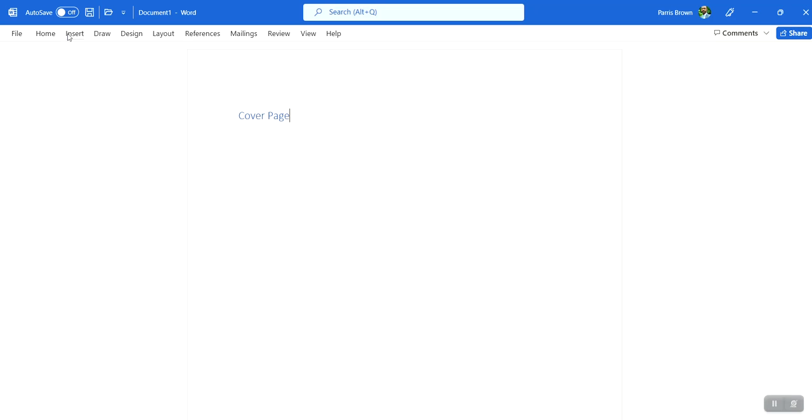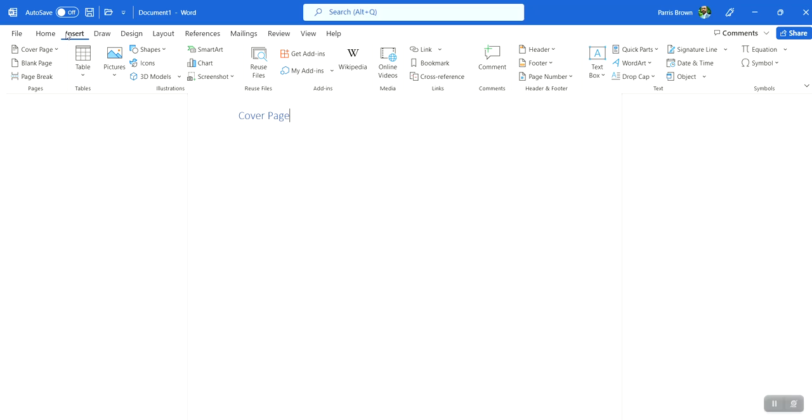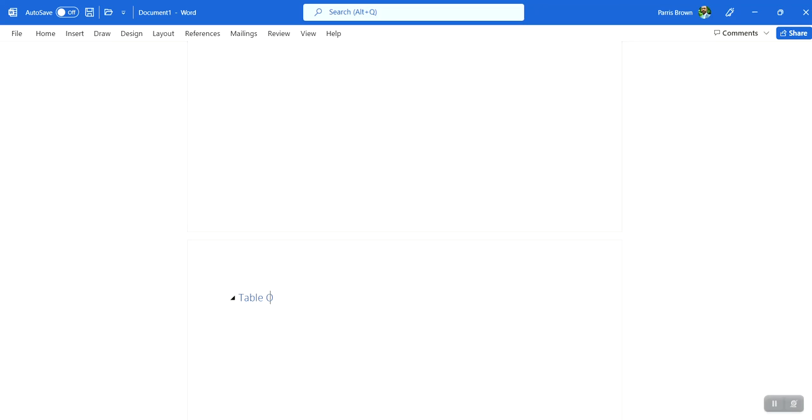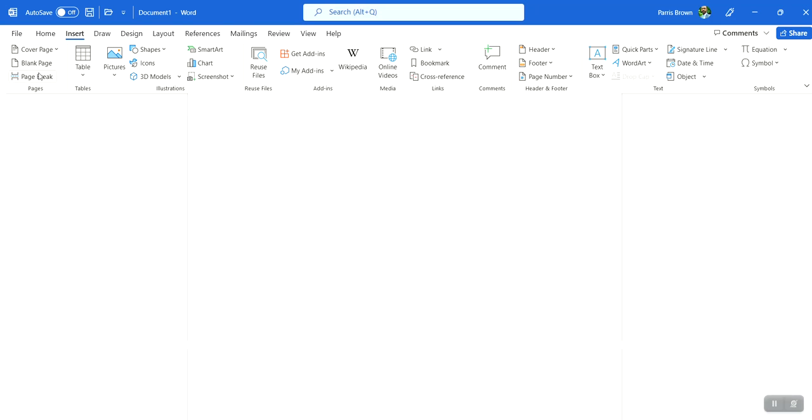Now the next thing I'm going to do is re-navigate to this navigation panel and click page break. This sends me to the next page. Here, because I want my table of contents to be on the second page, I'm going to add it there, and then I'm going to insert another page break. So after my table of contents,